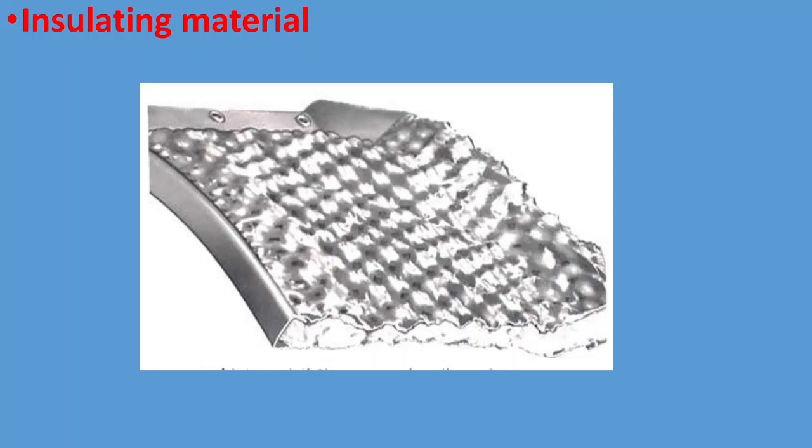Each blanket has an inner layer of fibrous insulating material contained by an outer skin of thin stainless steel, which is dimpled to increase its strength. In addition, acoustically absorbent materials are sometimes applied to the exhaust section to reduce engine noise.